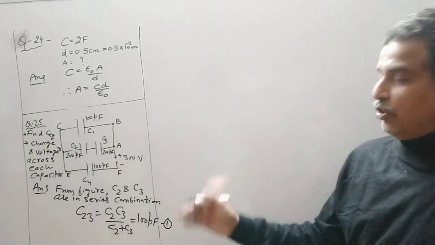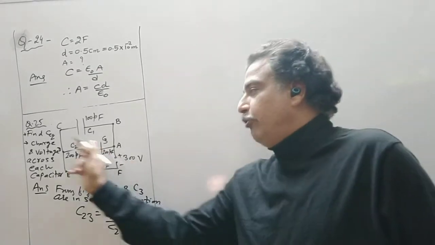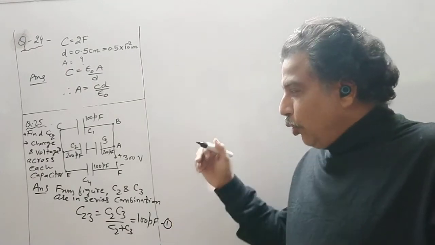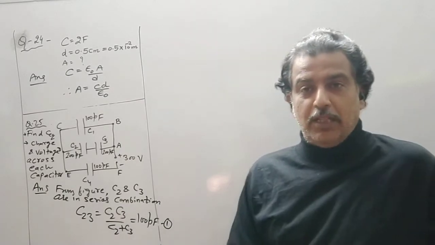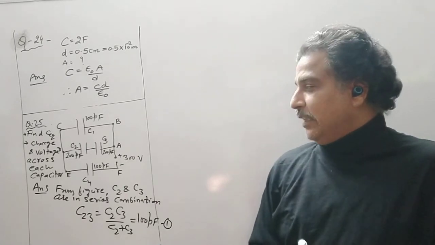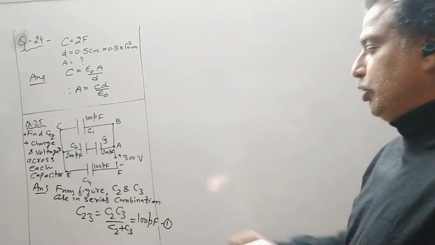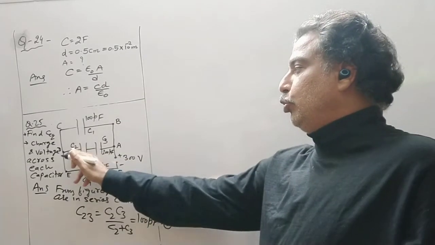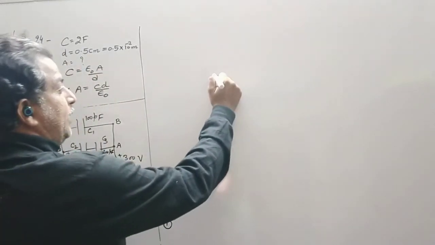Now we will draw the equivalent diagram. See, you always have to draw the equivalent diagram if you have to find out the charge as well as voltage. So don't think that you can directly do the sum. It may be possible that sometimes you get the right answer, but it is advisable to always draw the equivalent diagram to get a correct answer. So C2 and C3 were in series. Now I redraw this diagram, and instead of 2 and 3, I will draw capacitor C23. All the other points remain the same.